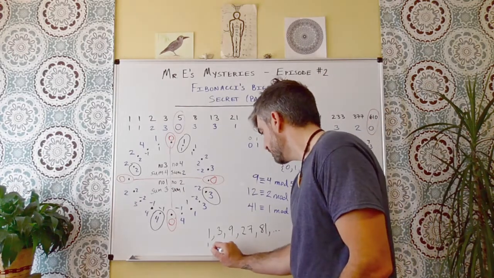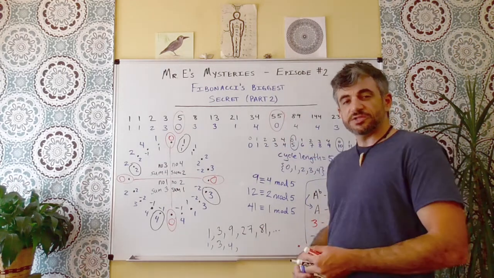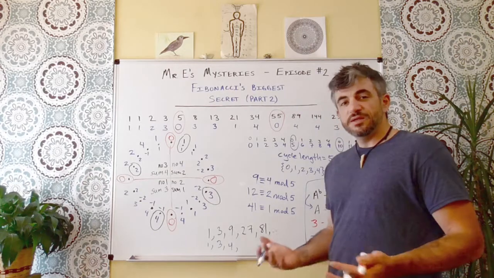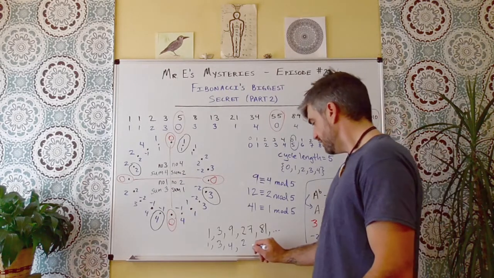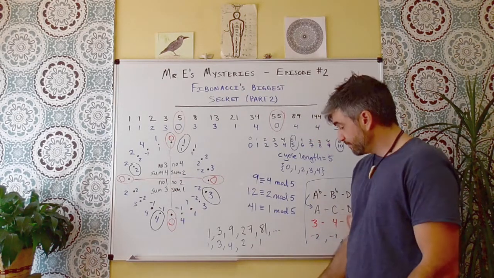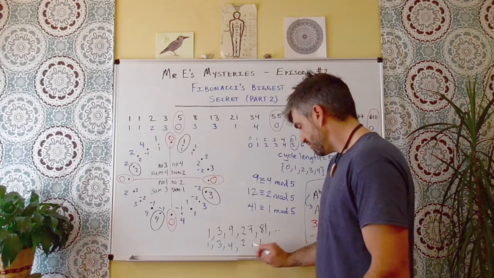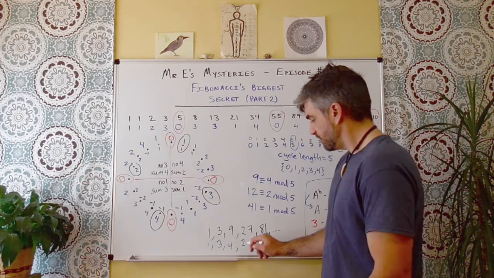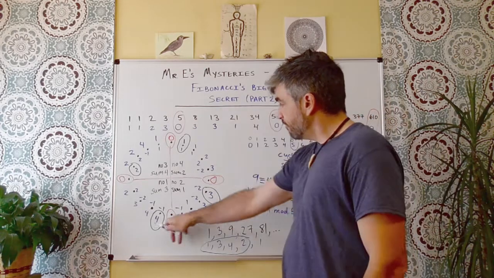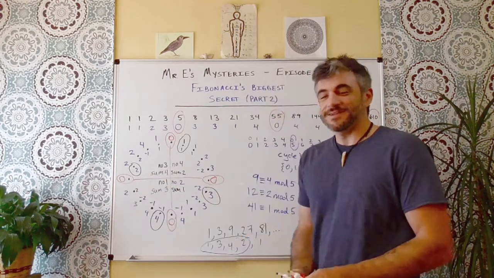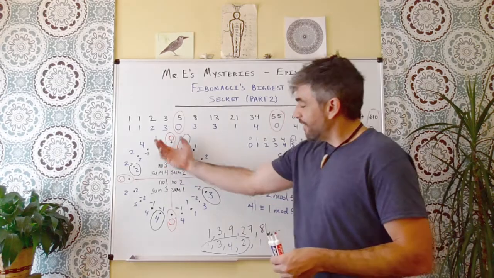So we have 1, 3, 4, now 27. 25 is the largest number divisible by 5 less than 27, so 25 is 2 away, so 27 is congruent to 2. 81 is clearly a 1 mod 5, and so here we see the cycle started over again. So 1, 3, 4, 2, multiply by 3 would be 1 times 3 is 3, and so on. So our cycle really is 1, 3, 4, 2, and so on. And so that is how the Fibonacci sequence reduces mod 5, and this is how I constructed the 5th chamber.